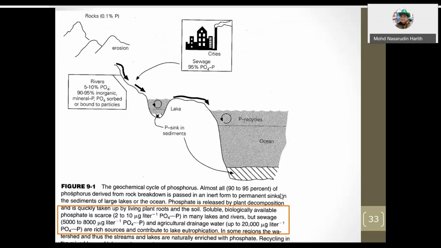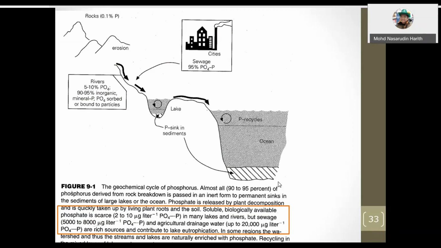This figure shows the geochemical cycle of phosphorus. Almost all phosphorus comes from rock breakdown. It is passed in an inert form to a permanent sink in the sediment of large lakes and the ocean. Phosphate is released by plant decomposition and is quickly taken up by living plant roots and the soil. Soluble, biologically available